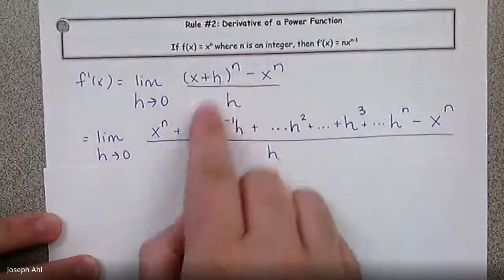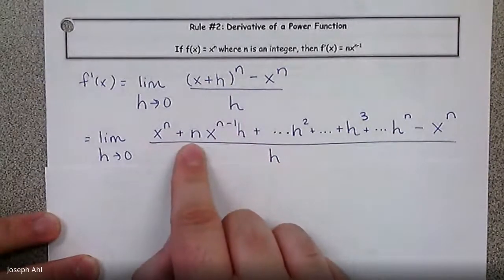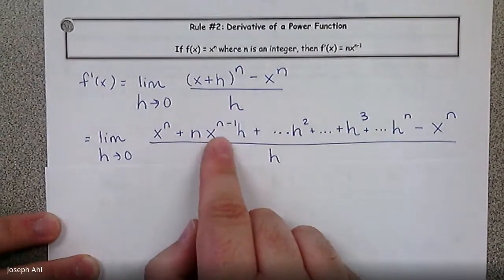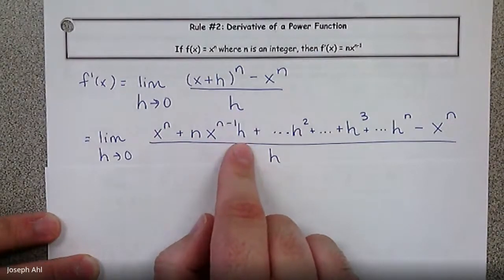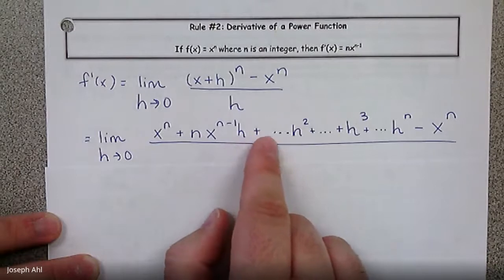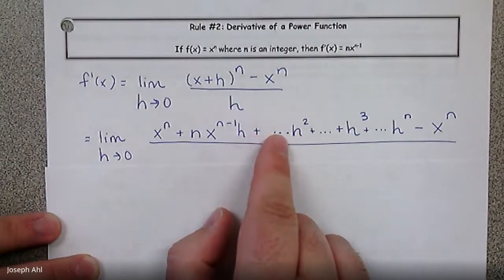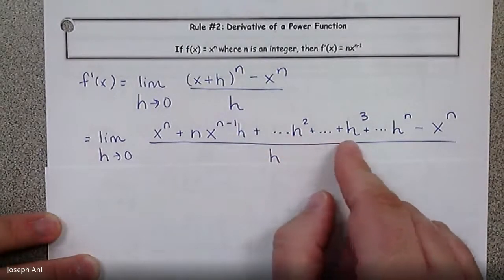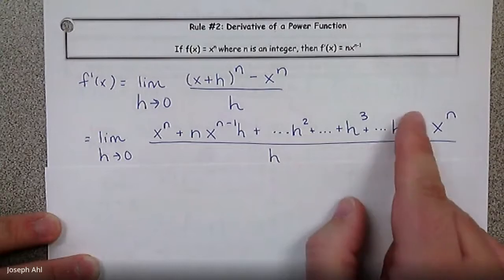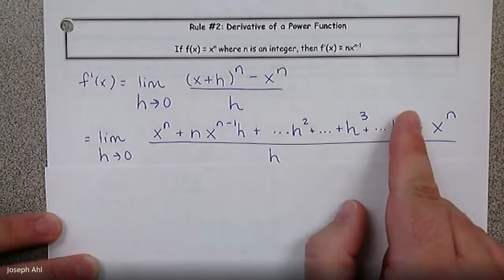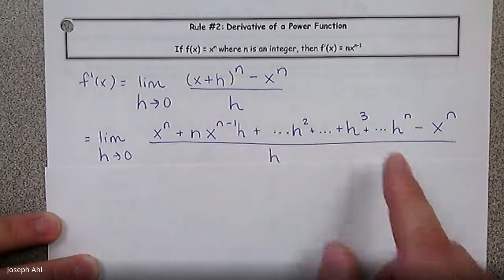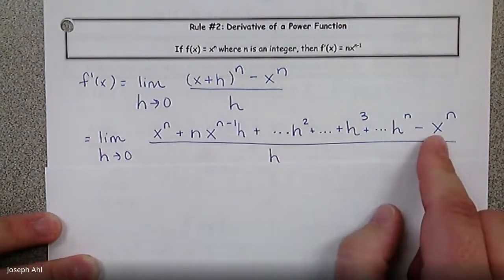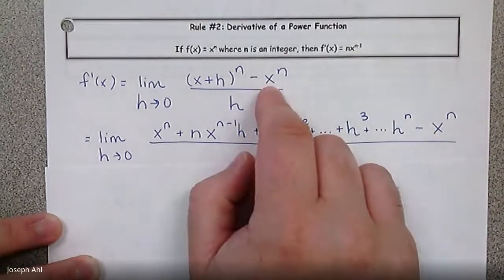So when you expand x plus h to the n, it would be x to the n plus the coefficient out front of the next term would be n times x to the n minus 1, and then h there. And what happens is these coefficients are going to change as you go down the line, but the powers of x will decrease and the powers of h will increase, until you eventually get to the last term of that expansion, which is h to the n. So I put little dots in there to show, depending on what n is, you'll have a bunch of terms. And don't forget about minus x to the n at the end from the original definition,